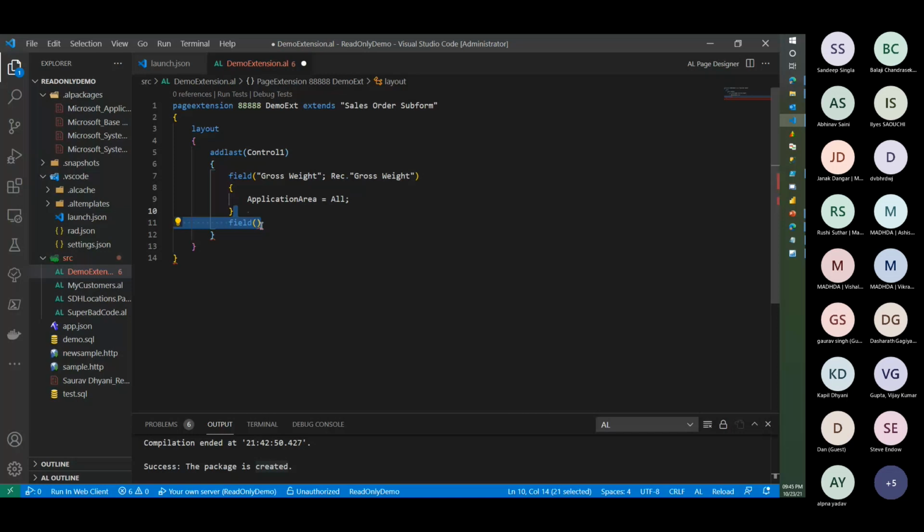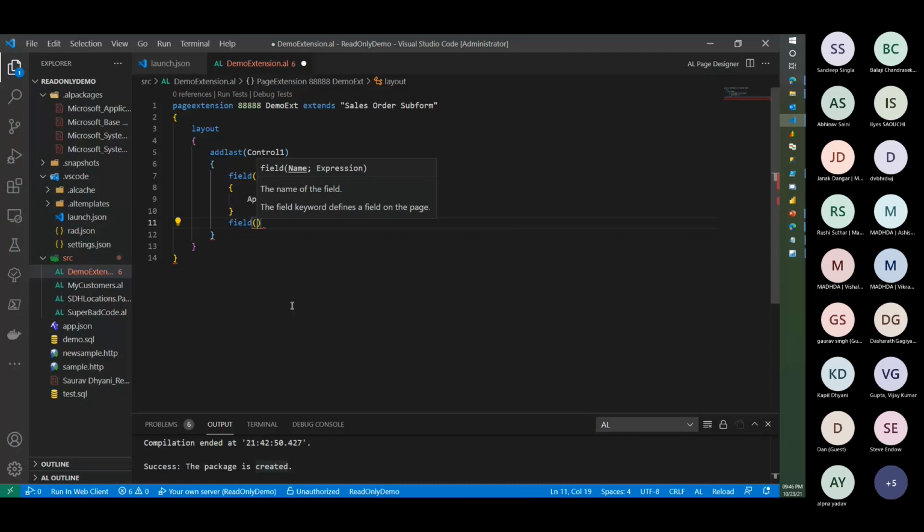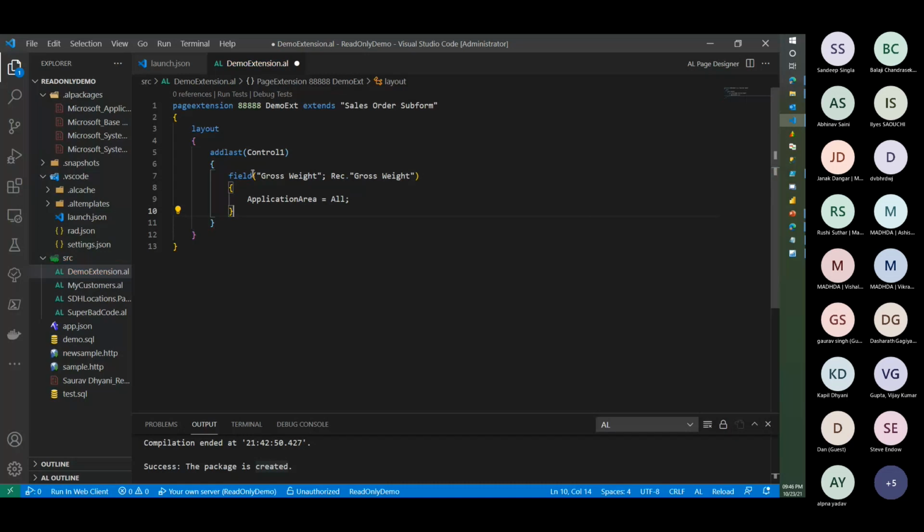So while adding fields on the page, coming back to this, we need two parameters. One is the name and another is the expression. The unique identifier of a field, either in NAV world or in Business Central world, is the name. It's not the expression, because the expression will remain the same if I'm trying to add the same field. So what I should be doing in those cases when I'm writing a per-tenant extension is prefixing this name with whatever prefix I use for my organization. And just randomly here, let's say I have